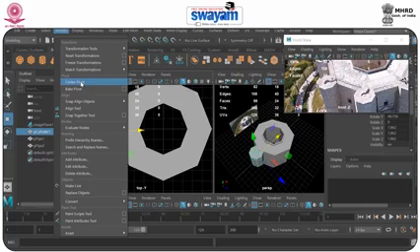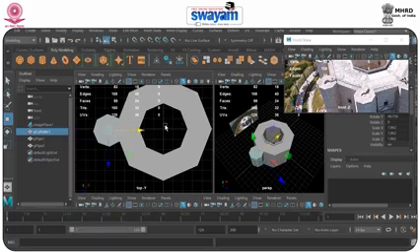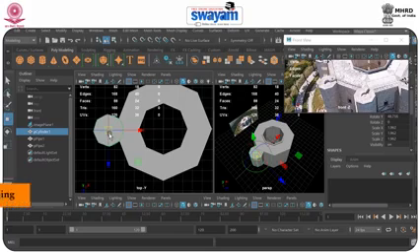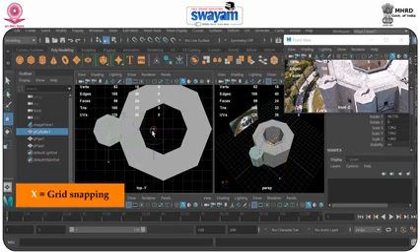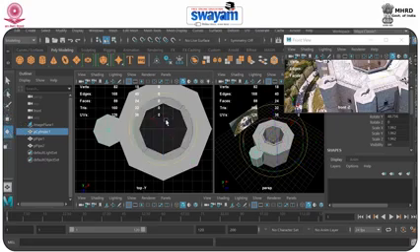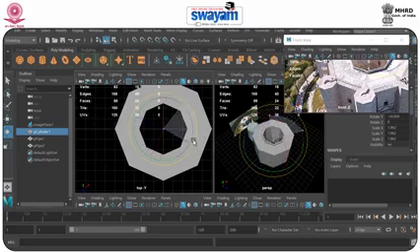But what here we require is to change the pivot of the object and we have to set it into the grid 0 0 0 axis. So what you can do, from keyboard hit the insert button, and now you are able to modify the pivot here and use the X for grid snapping. And now here the pivot is moved to 0 0 0 coordinate system, and when your job is done, again hit the insert button. Now see what happened here. Now the pivot is set to the center.